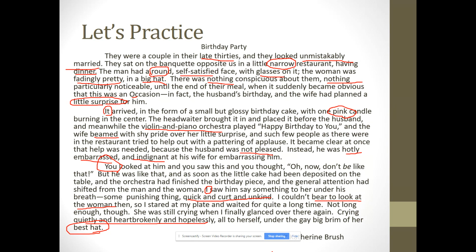Now that we have pointed out some details in this short story, we have to ask ourselves the question, what is this about? What is the meaning? When we search for meaning, we are searching for something we cannot touch. What thing that we cannot touch, or idea, is the author presenting to us? Let's think about some abstract concepts that are touched upon. I think of insecurity, happiness, disappointment, and relationships. You might consider the title, which is usually a reference or a metaphor for something else.